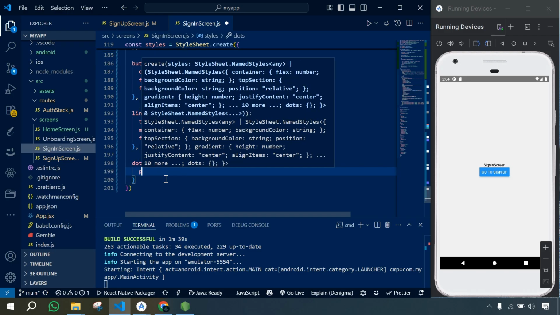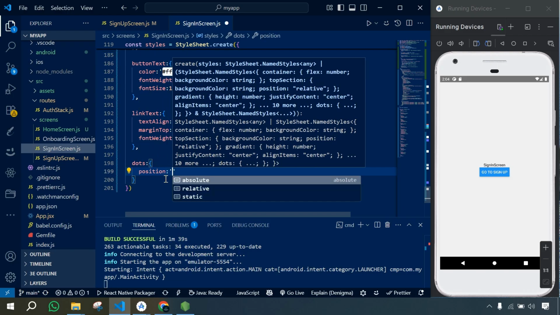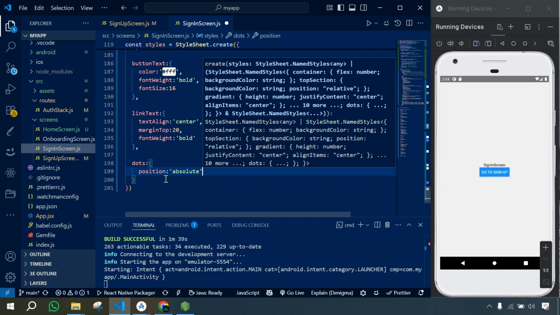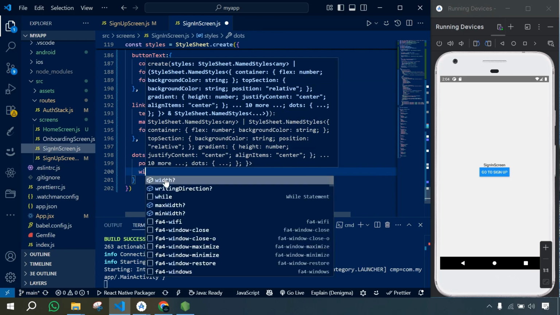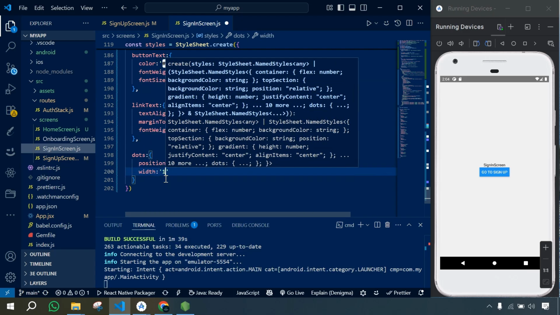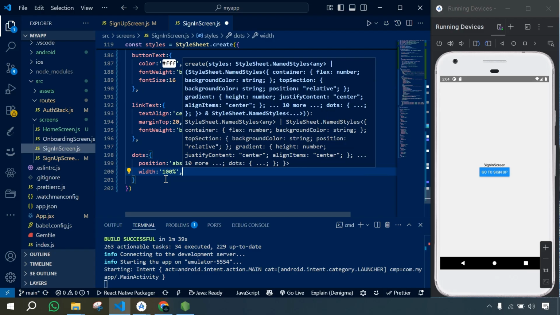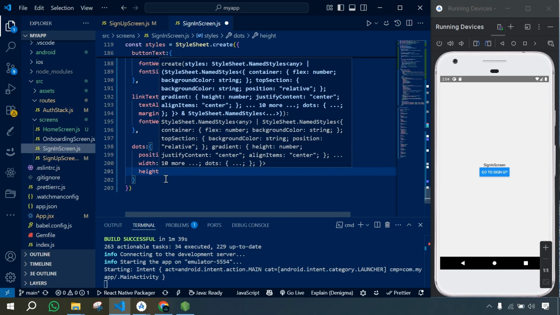So here position will be absolute, width will be 100%, and height also will be 100%,